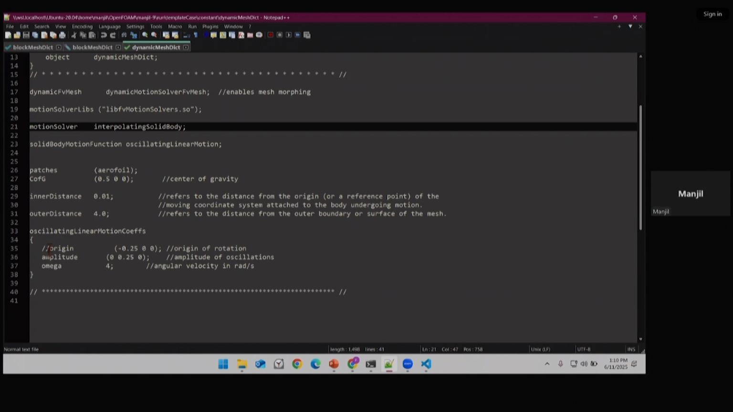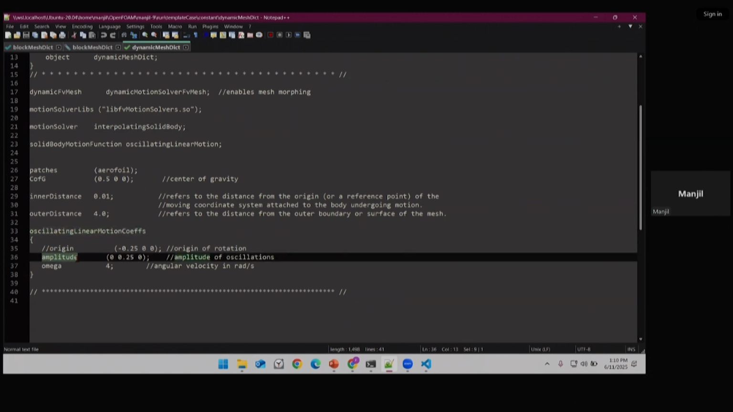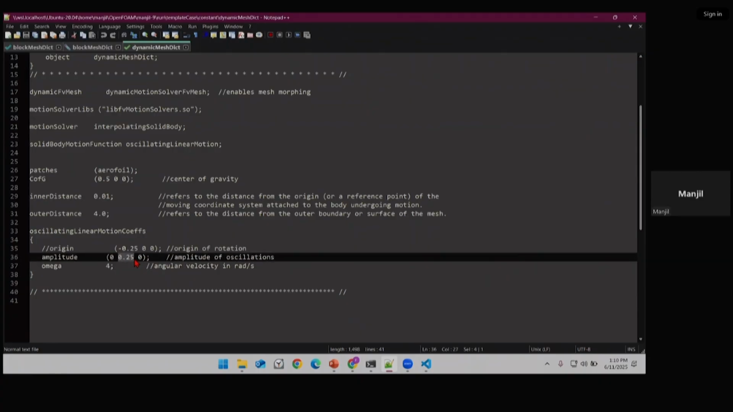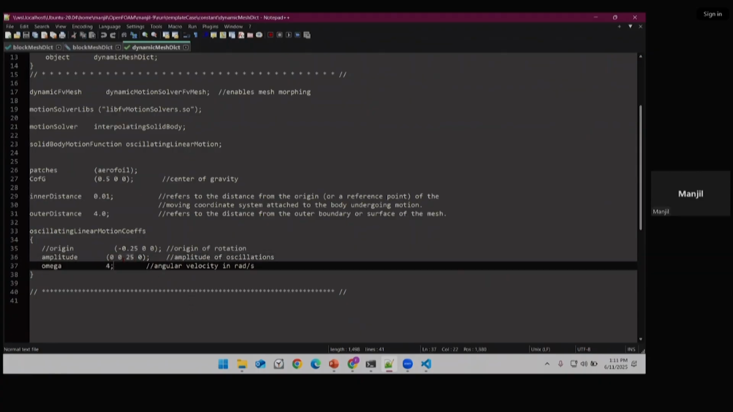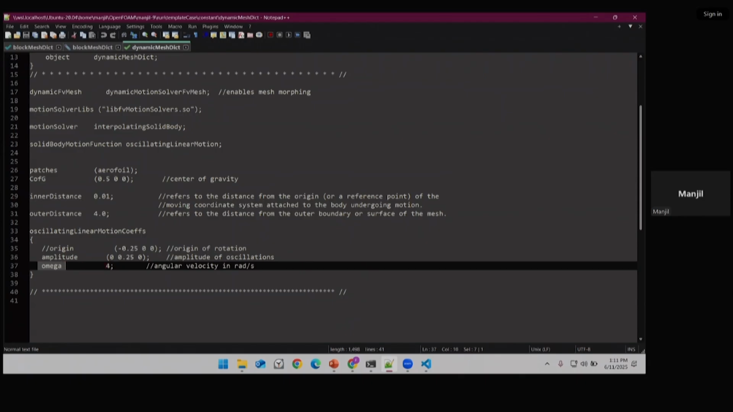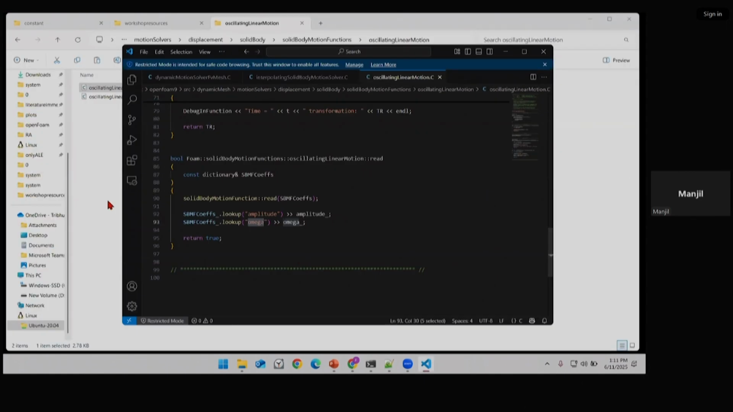Another thing is the oscillating linear motion coefficient. We need to input the amplitude and omega. We are moving the airfoil in the y direction. So we are inputting 0.25, not arbitrarily, because we want the product of amplitude and omega to be 1, that is 4 into 0.25. So this makes 1. Omega is written as 4, and these values can be altered according to our problem. So this was the dynamic mesh